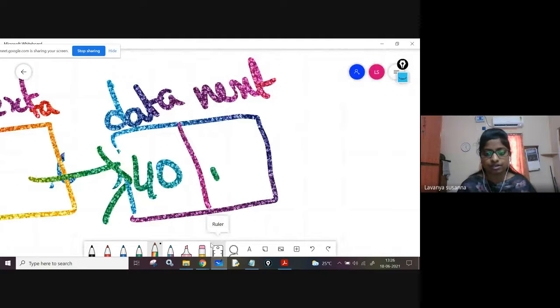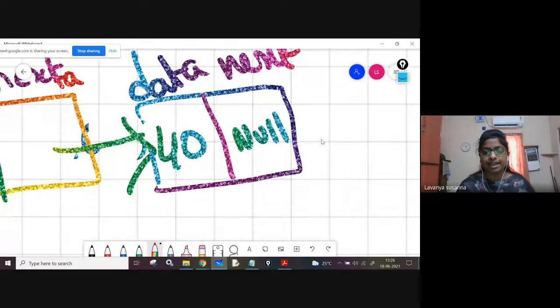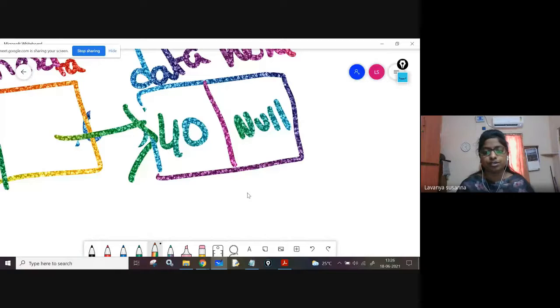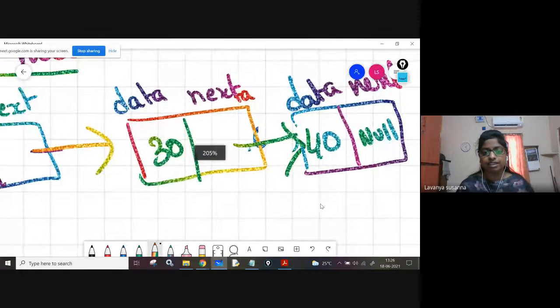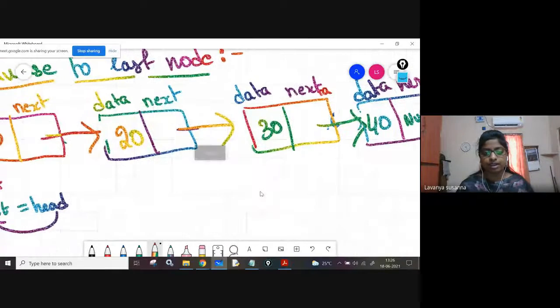Now see at last node. You are at which node? Last node. Now again you need to compare, right? What is the condition? Next field not equal to null. See? Not equal to null. Null not equal to null. False. When it is false, you are going to stop. That means you are at last node. In this way, you are going to traverse. Now I will write the logic. Then you can understand.